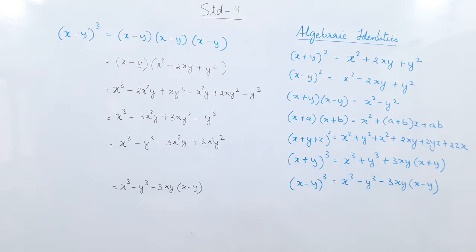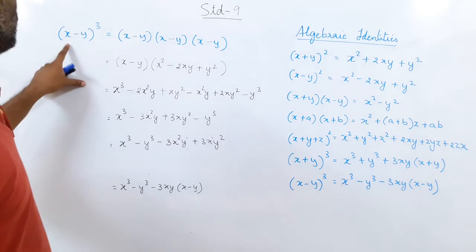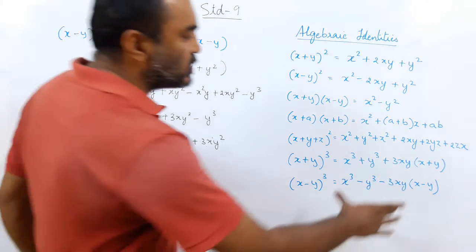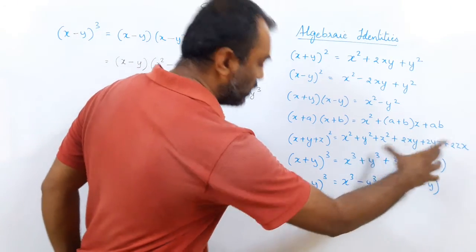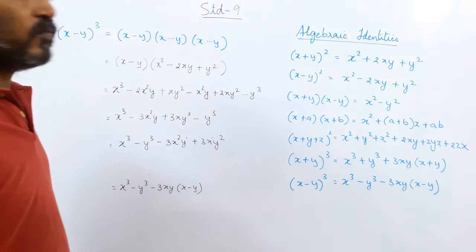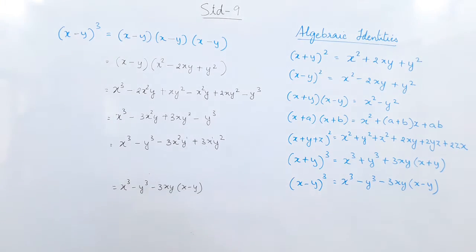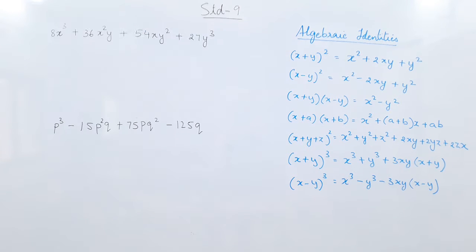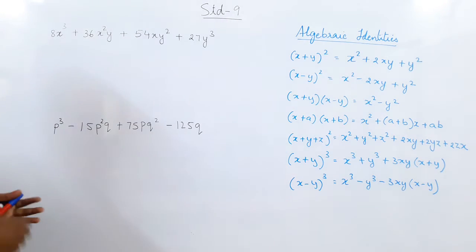So (x plus y) the whole cube we have got, and this is how we have got the two more identities. This time the cube. It's a binomial cube. So now if you are given something like this and told to factorize, you can always get back to the factorization. So let us try factorization. Okay, now a simple example for the use of these two identities.